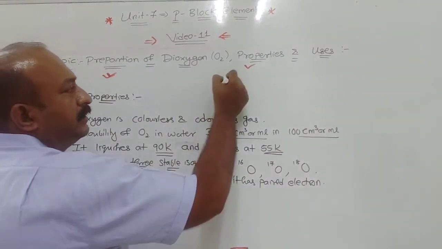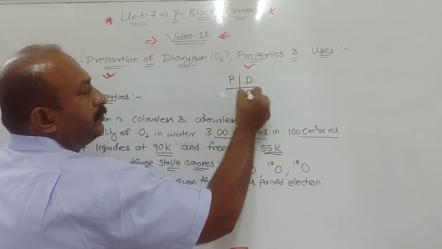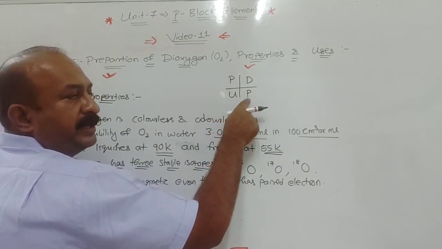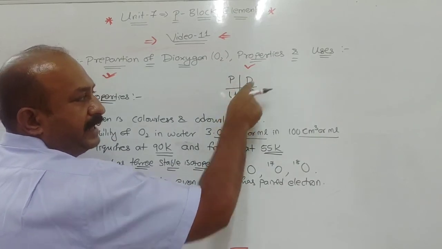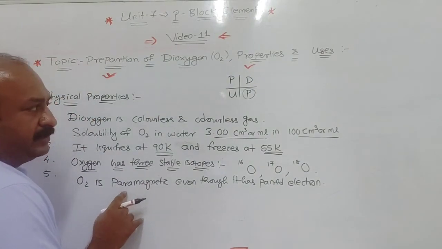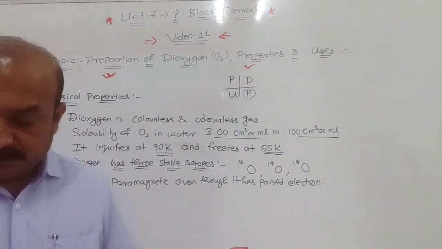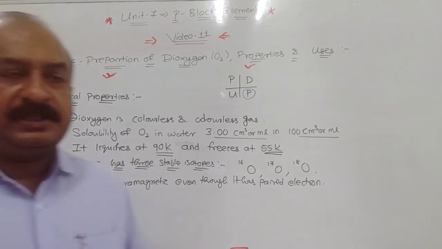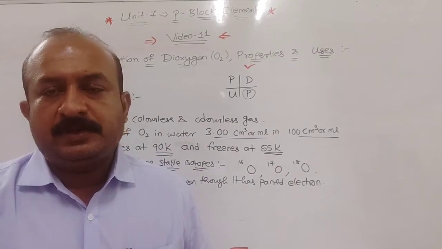If you remember, PD, PU: paired means diamagnetic, unpaired means paramagnetic. So even though it is paired, it would be diamagnetic, but actually here it is paramagnetic. Understood? It is different. We have already studied this in our 4th chapter in 11th standard, that is chemical bonding and molecular structure. You can go through the details we have discussed.